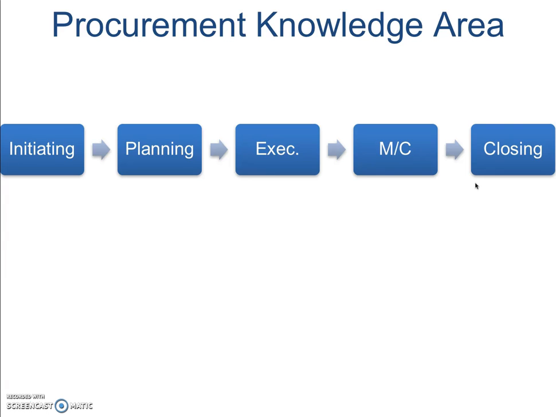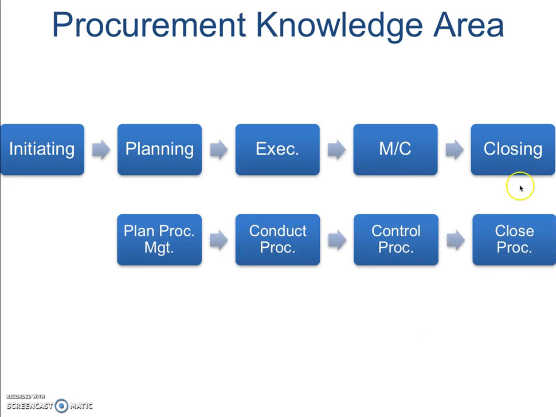The procurement knowledge area, we know we have four processes, but I really want you to understand this last one because it does create some problems in terms of how it's organized. You might think you can close a project or a phase before you close on a contract. That's not the case. You have to close all contracts before you can move on to a different phase or to close the project. So that's sort of vice versa if you are used to thinking of a straight left to right, top to down